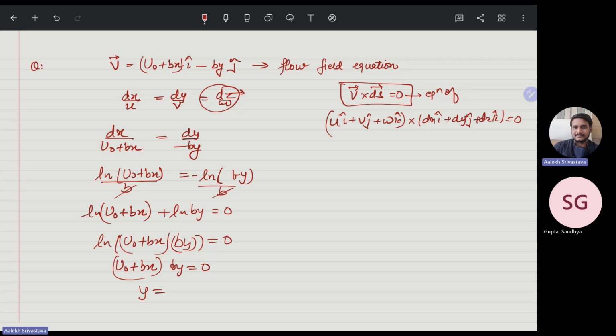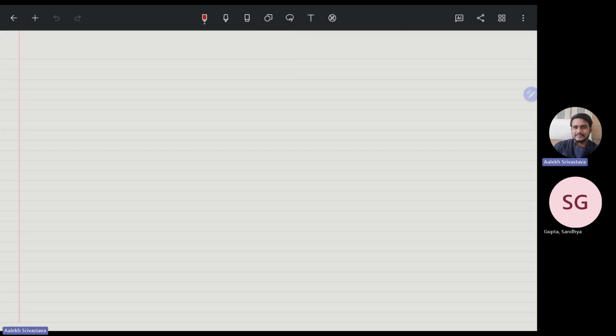Okay, so the answer is, if you simply solve it, this b will be here. So it is 1 by u naught plus bx into b. So this is lf. If you just take it out, it will be 1, and this is the answer. Now we have a next question that says,